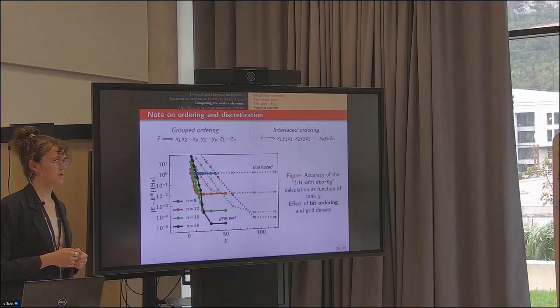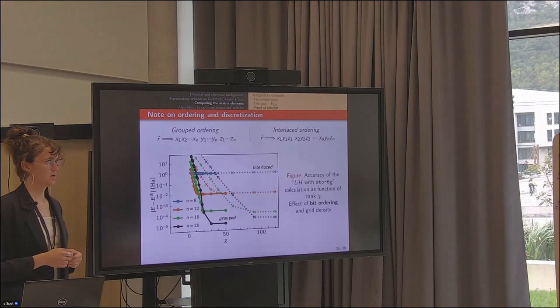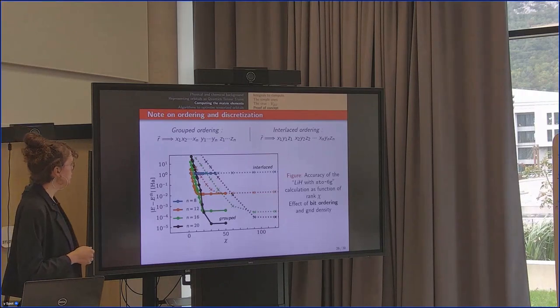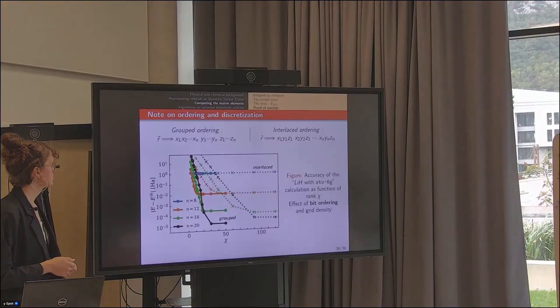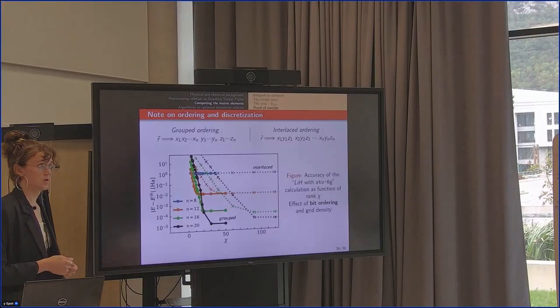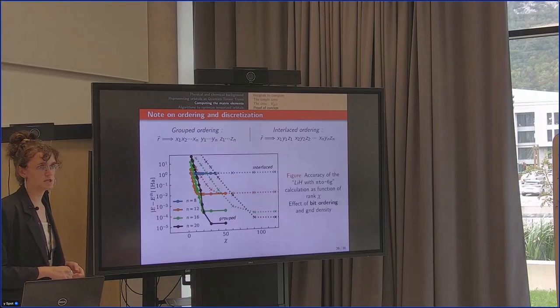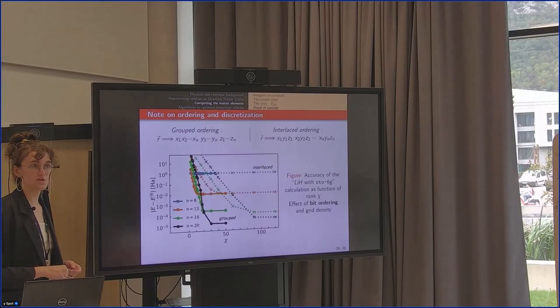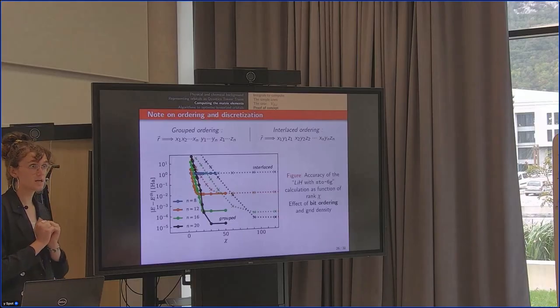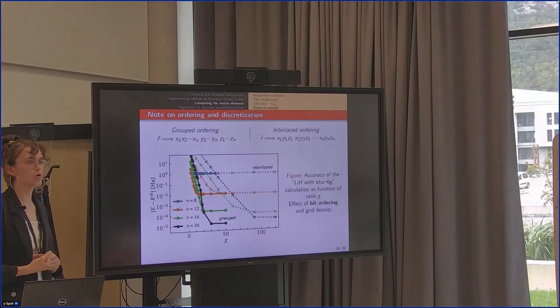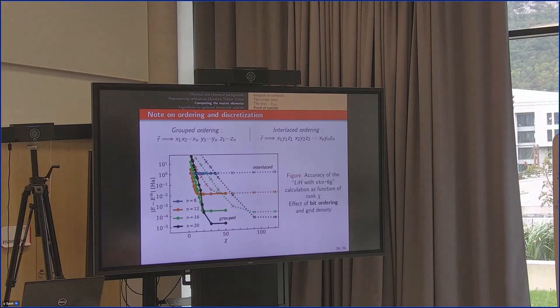Yes? I have no intuition on this. No, I really don't have an intuition on this. Yeah, a Gaussian has bond dimension 10 in grouped ordering, so this is why it's simple in this case. But in more general cases, even for e to the minus r, it's much simpler in grouped ordering than interlaced, and it's not exactly bond dimension 10 in grouped. So I don't really have a good intuition as to why this is.